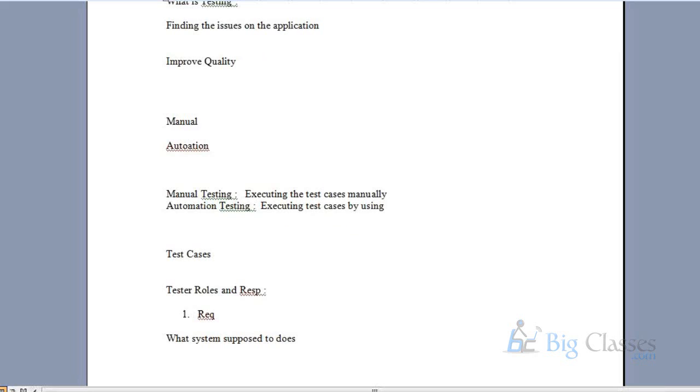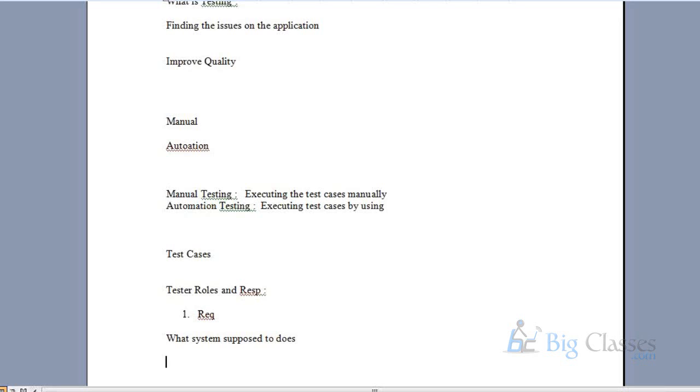So see here, the first step is the tester's roles and responsibilities. We will get the requirement from the client. Whenever we get a requirement from the client, we need to analyze the requirement functionality and try to understand it. While understanding the requirements, if you have any gaps, you need to arrange another call with your superior and get those things clear.